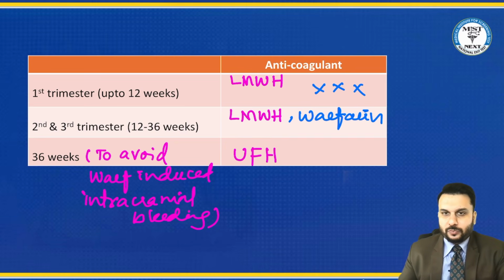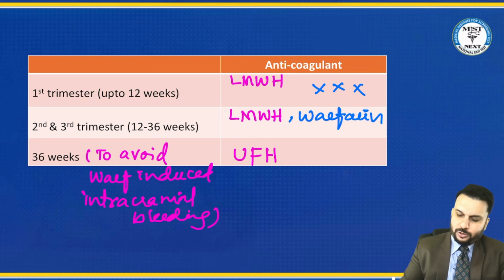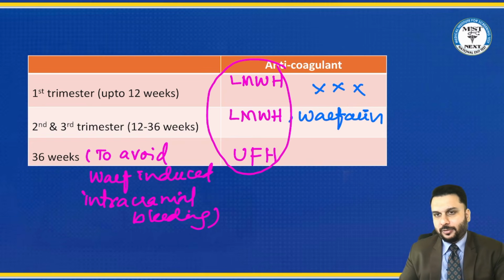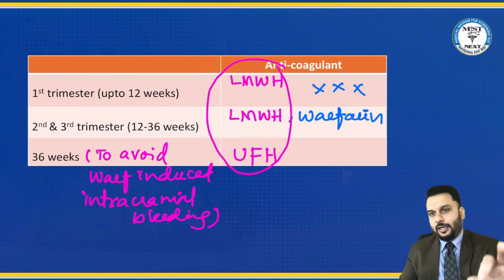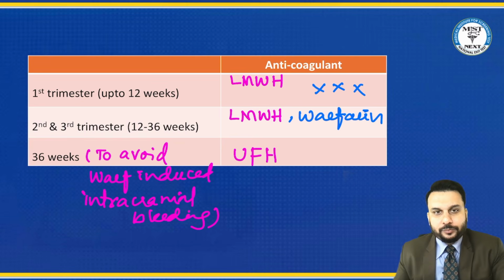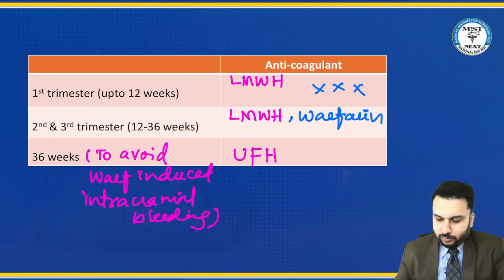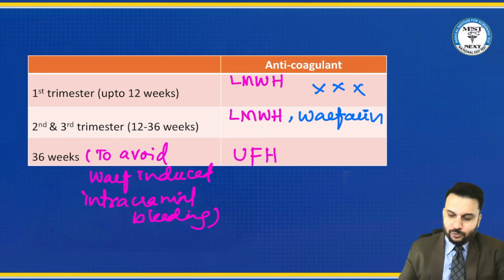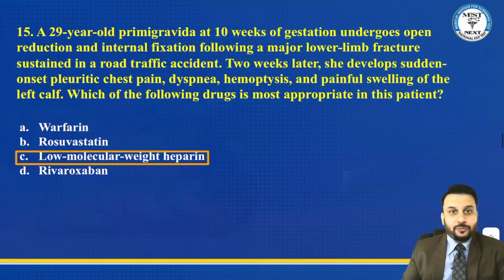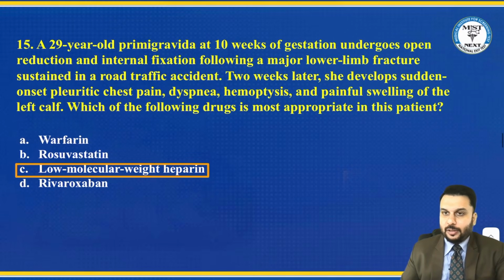Okay, that's about it. So overall, what is the drug of choice? If you forget low molecular weight or UFH, etc., heparin is the preferred medicine in pregnancy when it comes to this anticoagulant topic. Okay. So I hope that is clear to everyone. So anyway, the answer for this is low molecular weight heparin, doctors.